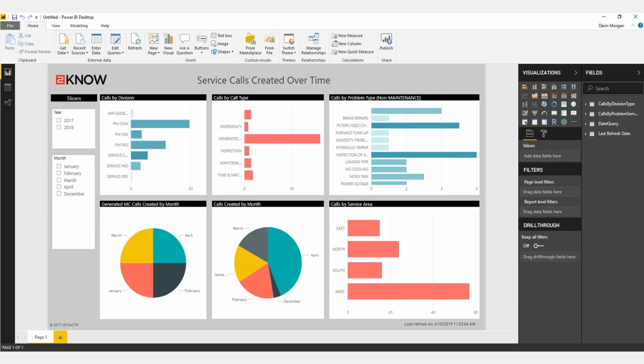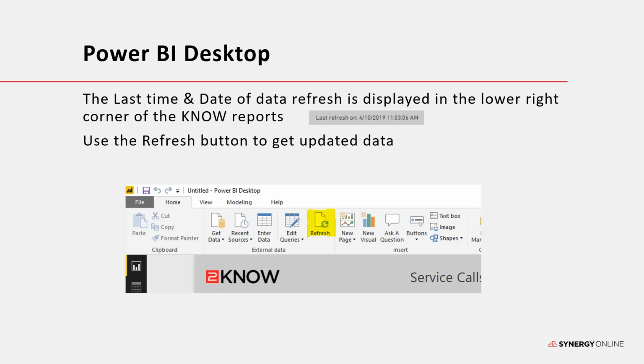But this is the way that the reports would appear within Power BI Desktop. So you see the button bar like you would with any other Microsoft Office application. But after you've got the report imported from the templates, you could make modifications to it and customize it. Maybe you want to change the appearance of the slicers or do away with one portion of the report. You can make all of those modifications, and once you've got it customized to your needs, you're going to want